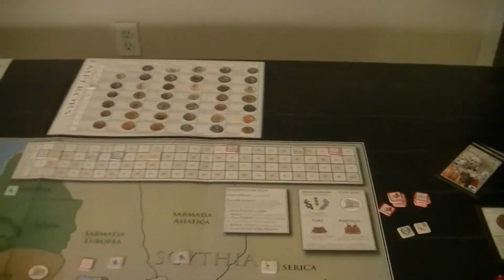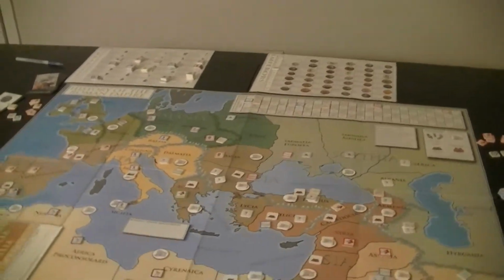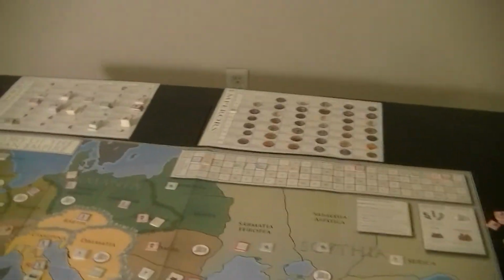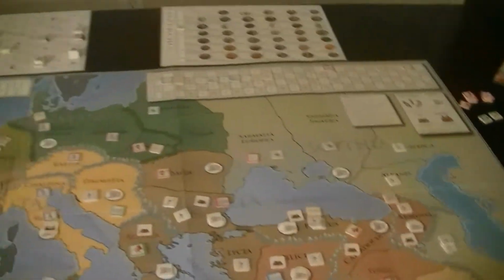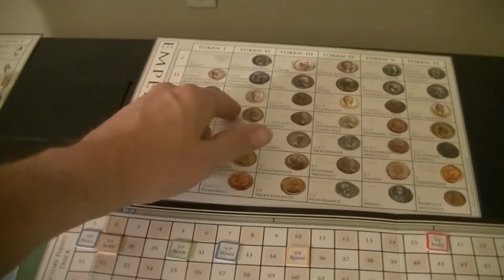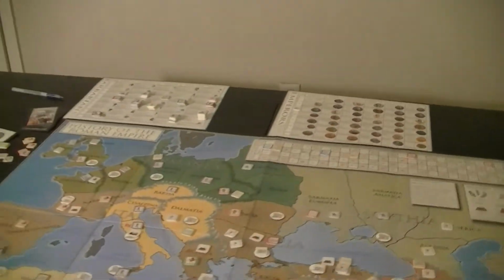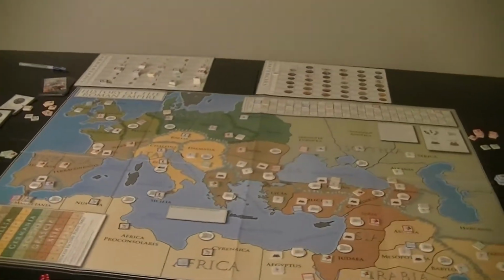No, green's the guy who passed early on. So he was hoping to get a good one and did not get a great one, but he got an okay one. He was considering Nerva because he's not in a bad position to start with, but hey, who knows, he could have gotten Domitian or Trajan here, neither of whom came out. So that's where we are, and now we